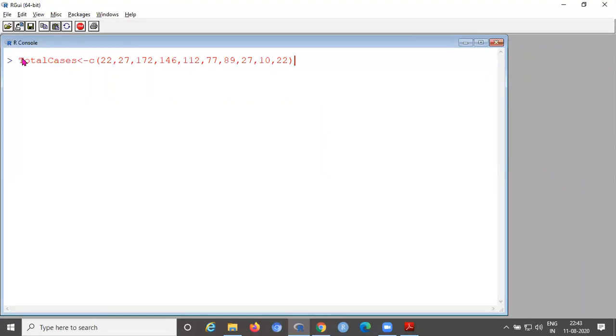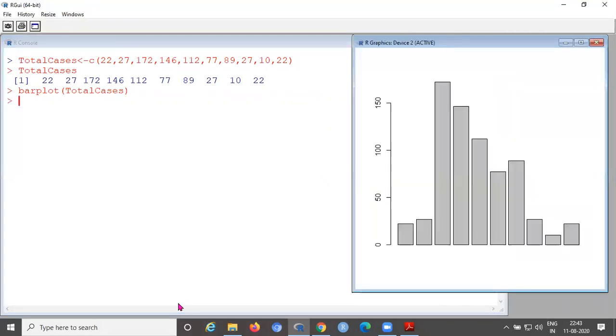Now I'm using the existing one, total cases. So you can call the vector. By default, without using absolute or relative frequencies, you can create a bar plot with default values. You can see the bar plot of total cases.